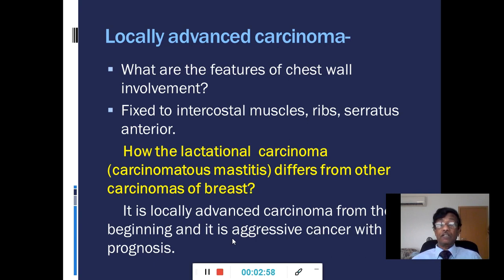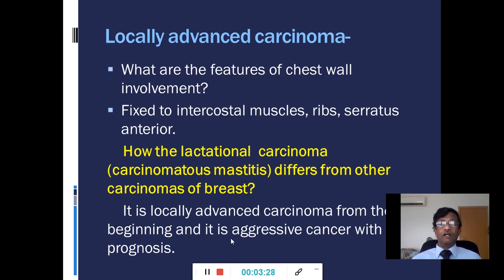But if it is serratus anterior, a tumor which is lying at the lower and outer quadrant of the breast sometimes may get fixed to the serratus anterior muscle. Here we may have to stage it as a locally advanced carcinoma. So chest wall fixation will be there. So that comes under TNM staging 4A, if the serratus anterior muscle is involved, right?